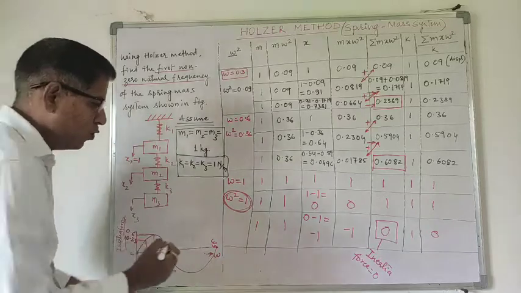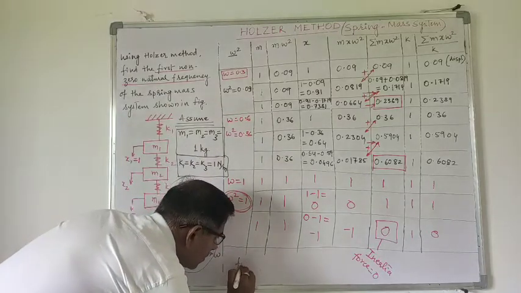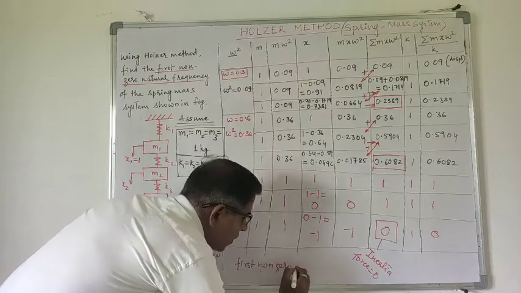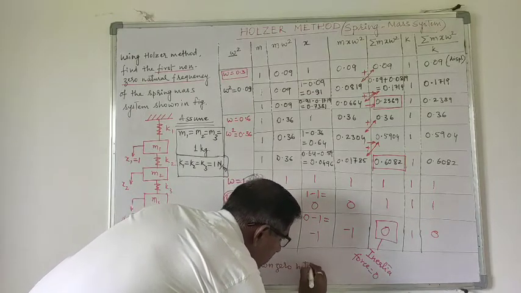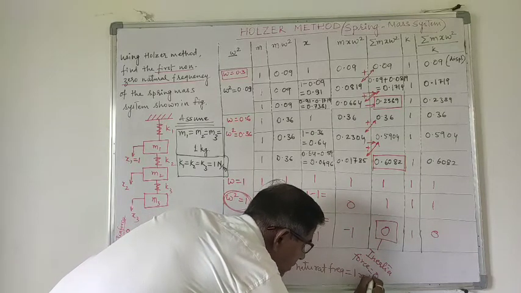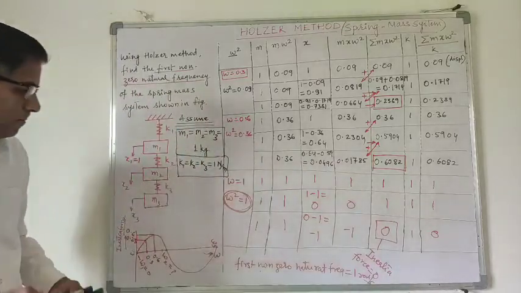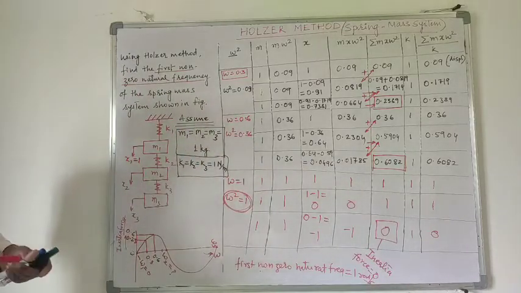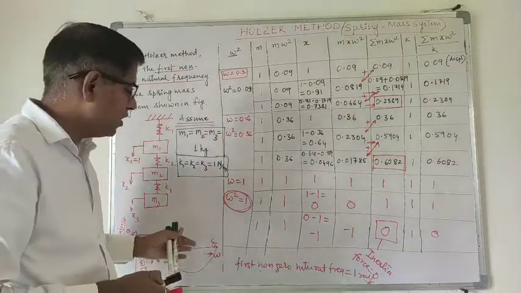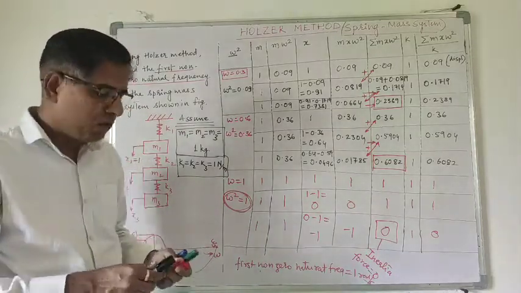Okay, so the first non-zero natural frequency is equal to 1 radian per second. Okay, 1 radian per second. Now to find out the second natural frequency, the second non-zero natural frequency, or rather the third natural frequency of the system,